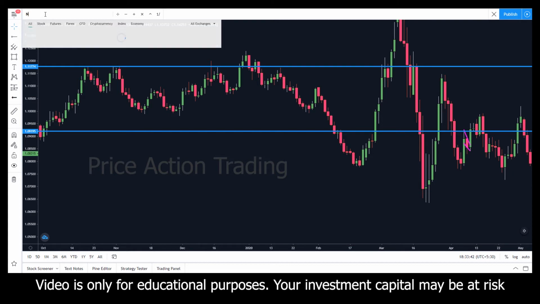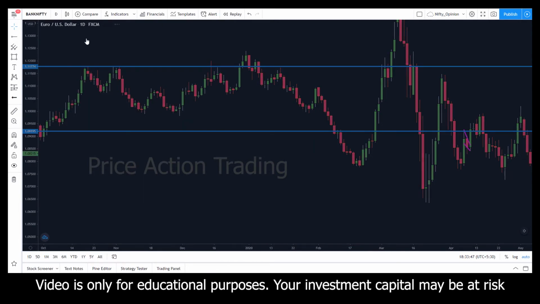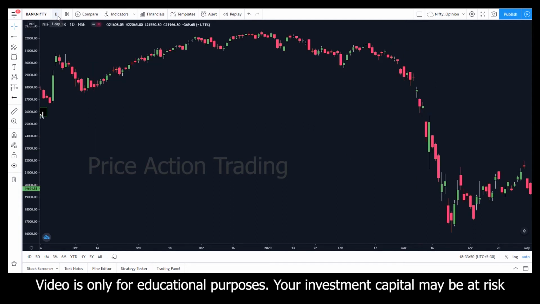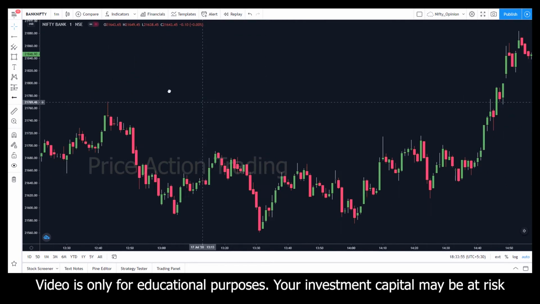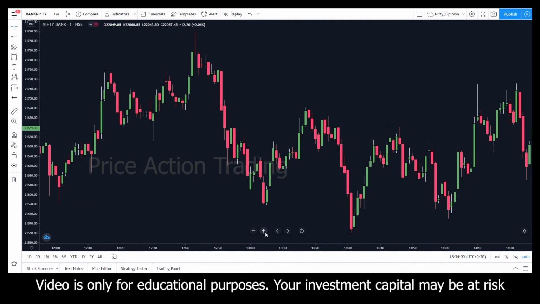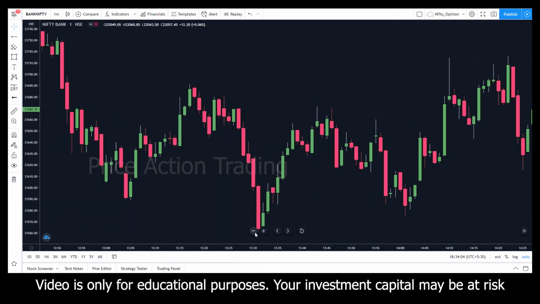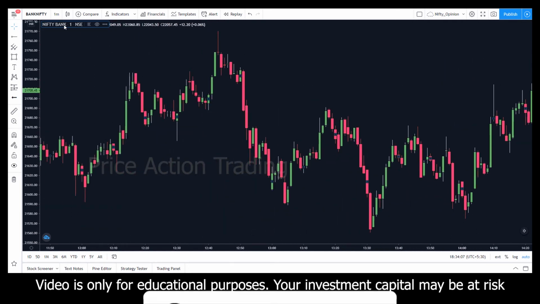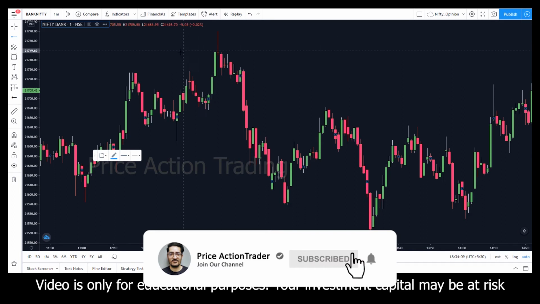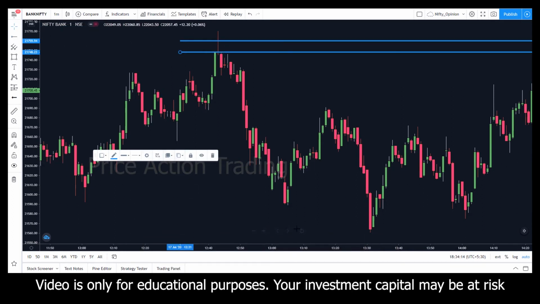And if I open one Indian chart, I'll quickly show you 1-minute time frame over there. Now see guys, this would have been uglier. I have zoomed out. Now I see the levels here. This is some good level. This is also a good level.